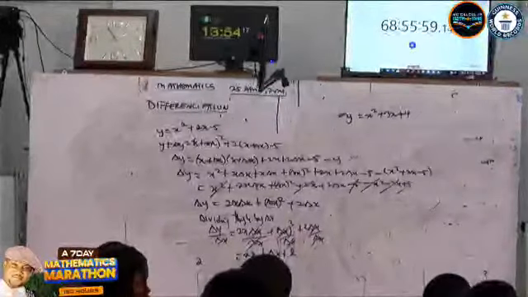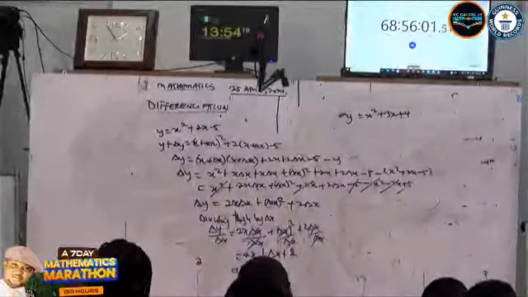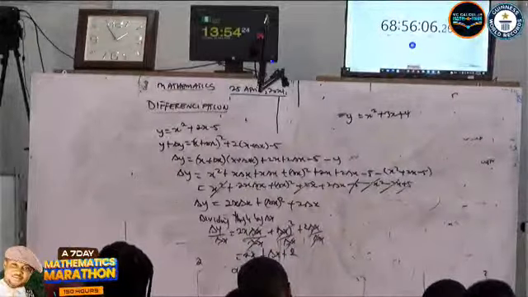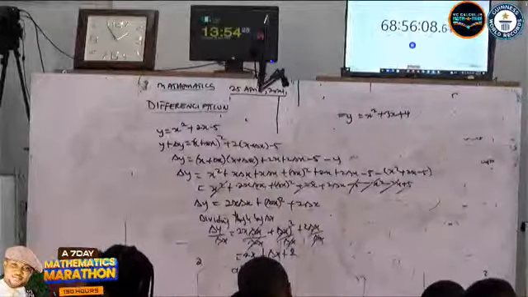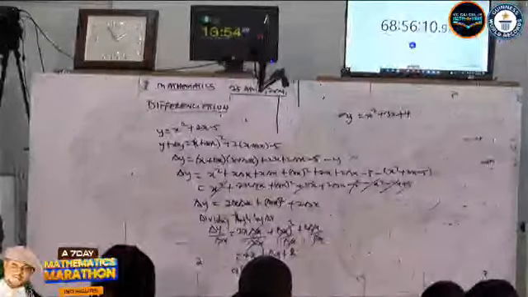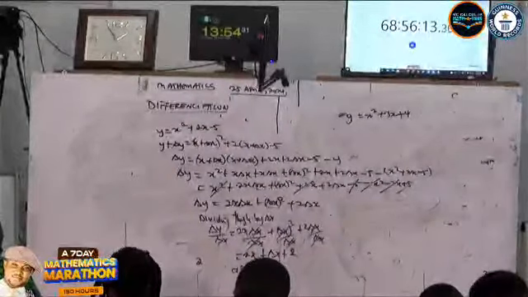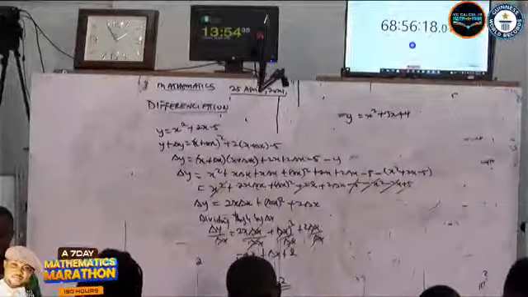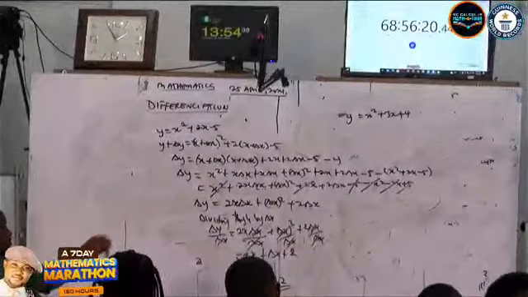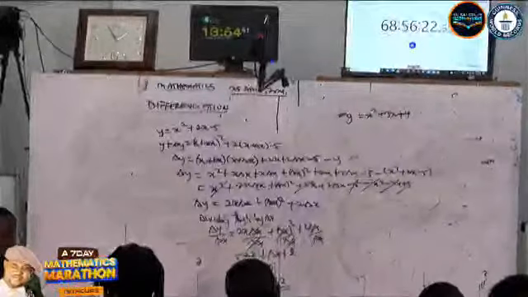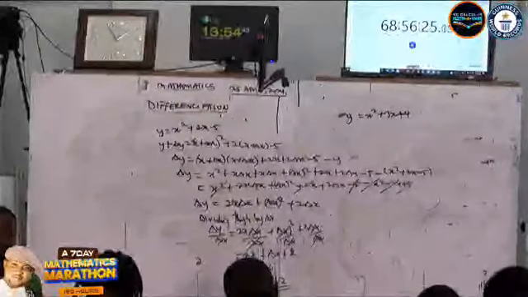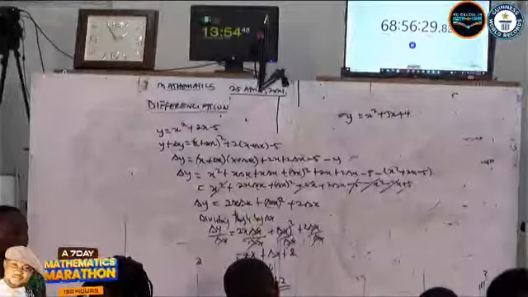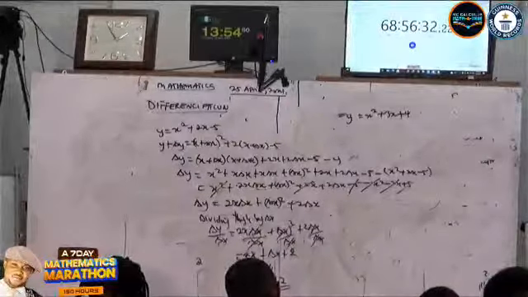So don't forget that if you just put a smaller increment in x wherever you see x, put a smaller increment in y wherever you see y, the value will come out. I'm trying to explain to you how to solve it. But that's trying now, and when you now expand,